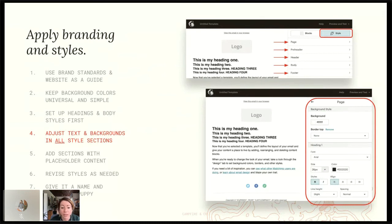During each section, you will find a new set of settings to adjust. The page section, that first one, is going to give you the general styles for basically the whole newsletter. So that's going to be background colors and heading styles. Then as you go under each one of those other sections, it's going to give you styles that are specific to that area of the newsletter. So like your pre-header is that tippy top part, header is where your logo goes, body is the middle section,